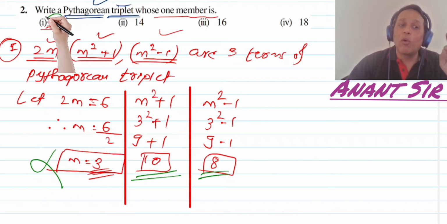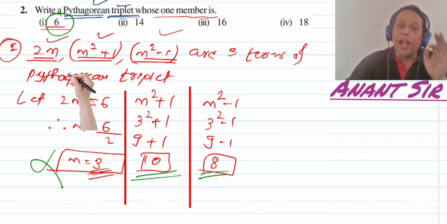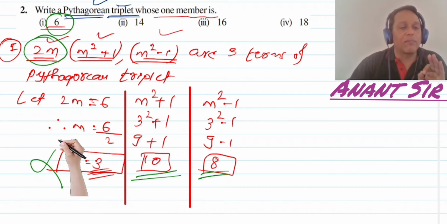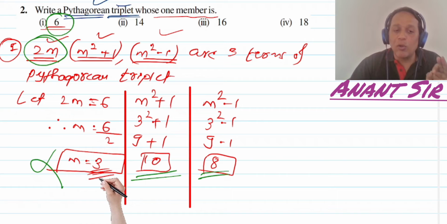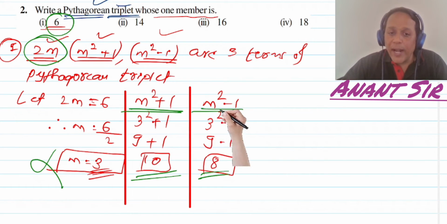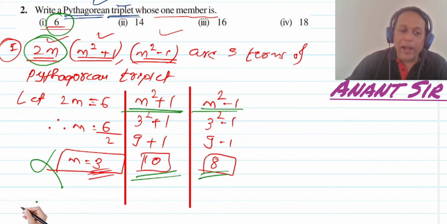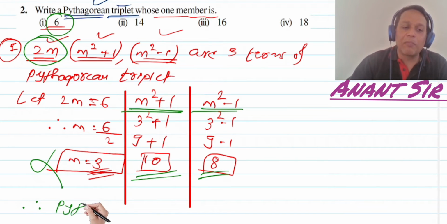The third term they have already given, 6. This 3 was m, and what is the third term? It is 2m, not m. So this was the value of m, using which we found m square plus 1 and m square minus 1. But m is not the third term. So the Pythagorean triplet is